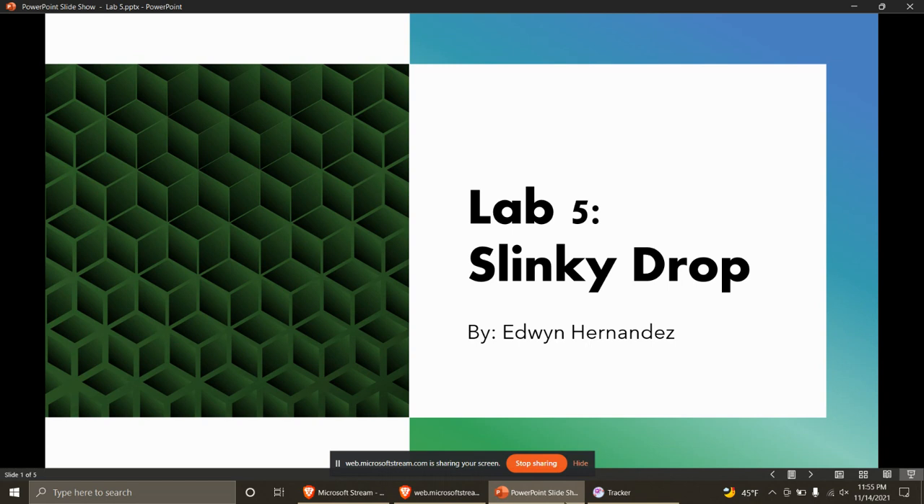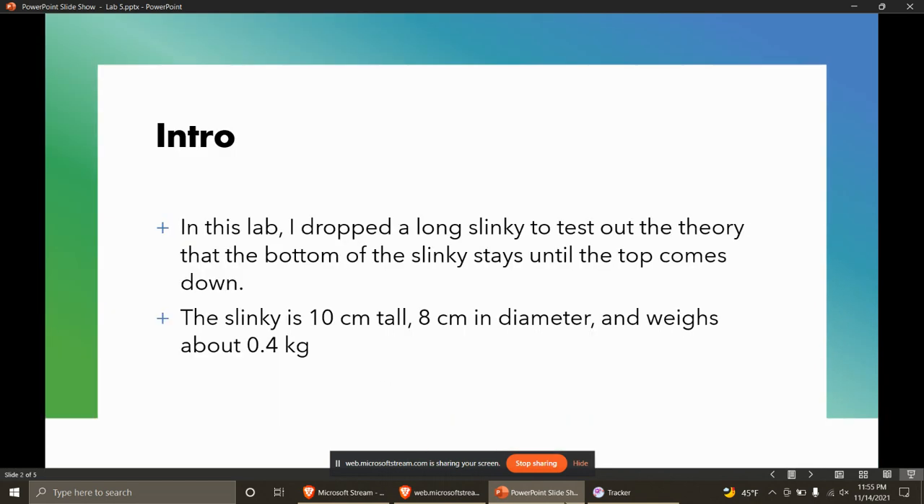Drop. So in this lab, I dropped a long Slinky to test out the theory that the bottom of the Slinky stays until the top comes down and pretty much touches the bottom of the Slinky, and they both start to